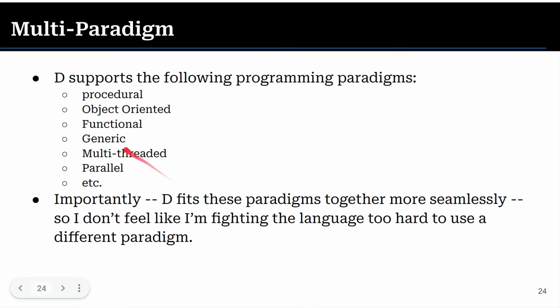If you're coming from the C world, you're kind of just in a procedural paradigm. In C++, you get a bunch of these other paradigms as well. But again, D can write object-oriented stuff, so there's classes and structs and so on. There's functional things that we're going to find out. And for writing parallel code, D has kind of prepared us for the future.